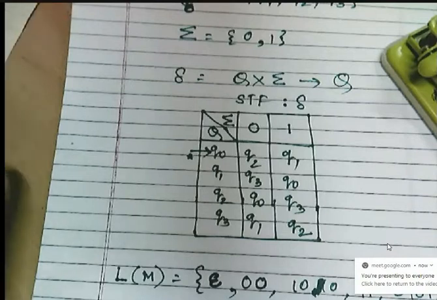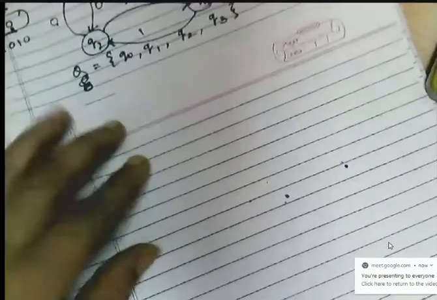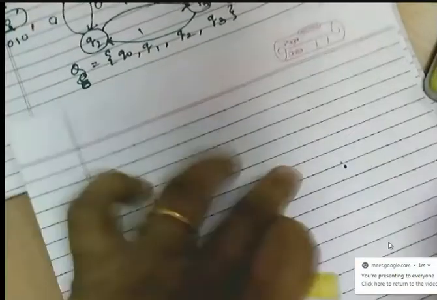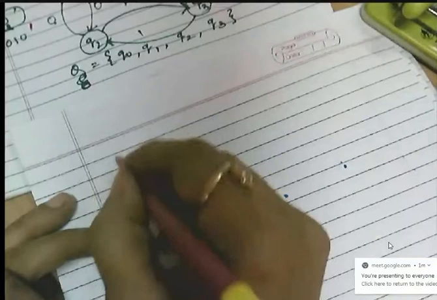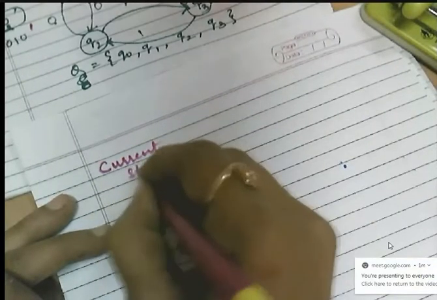Just like we have simulated the finite state machine, similarly we will be simulating this particular machine. So how will we simulate? For simulating I will be needing this model, or machine we can say. So if we are taking this particular example, here is how I will take the different heads. The first head will be current state.